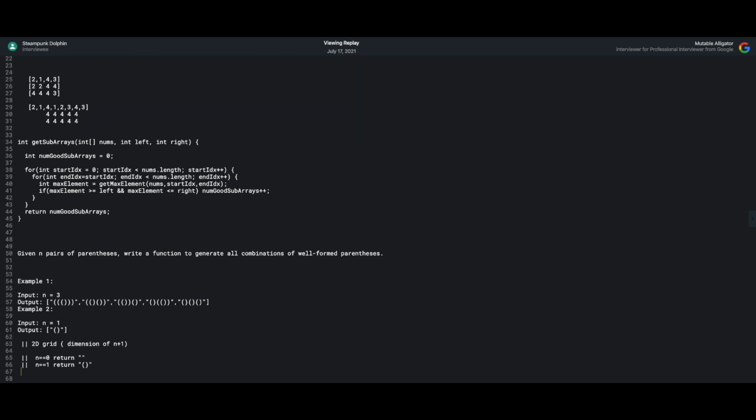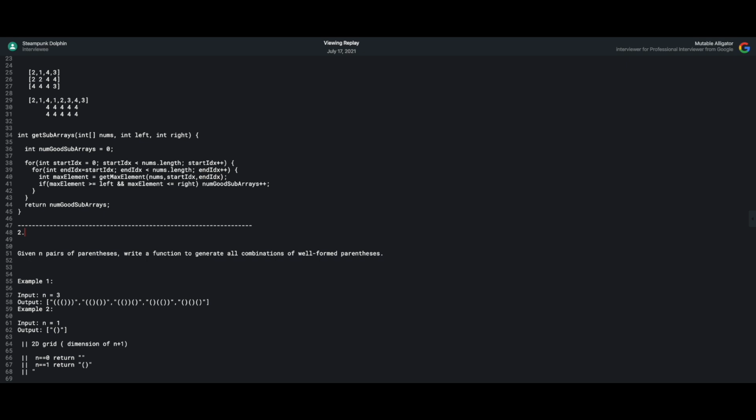And then what could also be done is, basically you have to consider all other possibilities, all other possible subarrays. So you could build